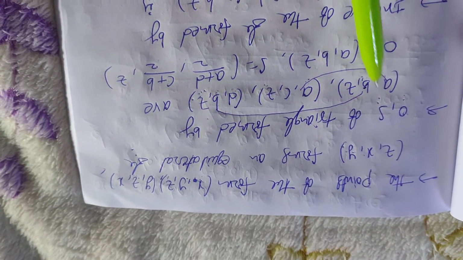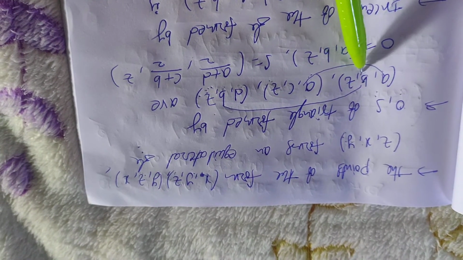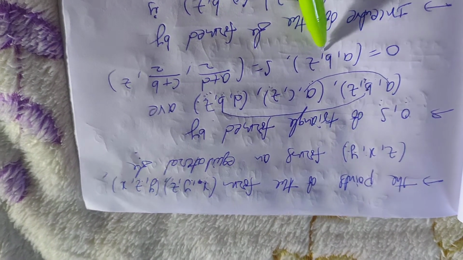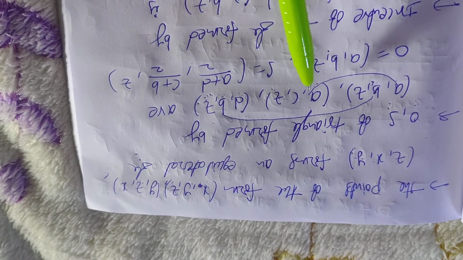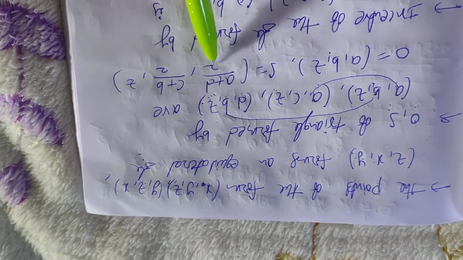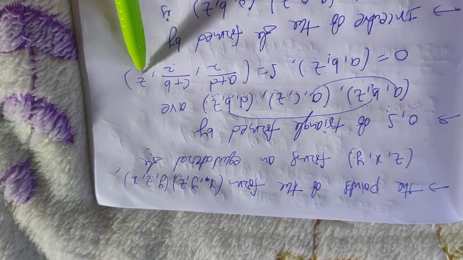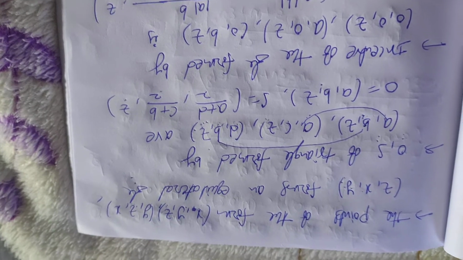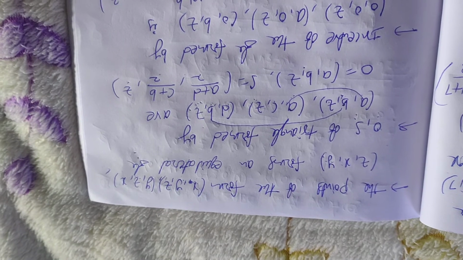Okay, so here the orthocenter will be the same as this vertex, the right angle vertex, (a, b, z). And the circumcenter will be the midpoint of the hypotenuse, that is ((a+d)/2, (c+b)/2, (z+z)/2), that means again z only. So the circumcenter will be ((a+d)/2, (c+b)/2, z). The orthocenter will be the same (a, b, z). Okay, so like this we have this concept in 2D also. Okay, you remember that one.